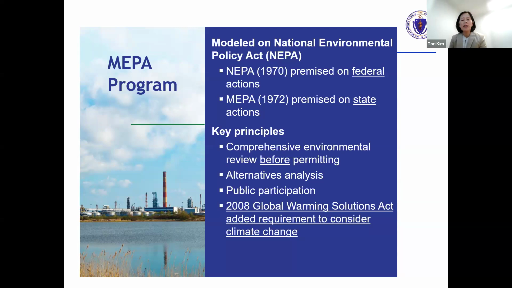So when there is a state action or approval required, a project must undergo a comprehensive environmental review before obtaining permits, and exploring project alternatives and involving members of the public in review of the project are the critical components of the MEPA review. And more relevant for the discussion today, in 2008, there were statutory changes that now require the MEPA process to consider the effects of climate change. Next slide.